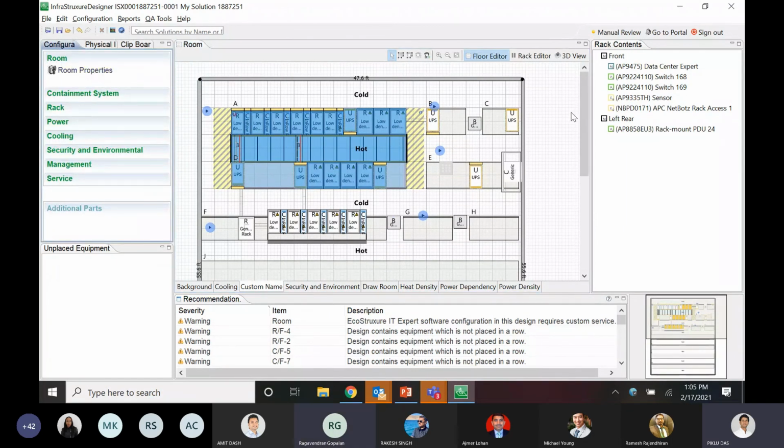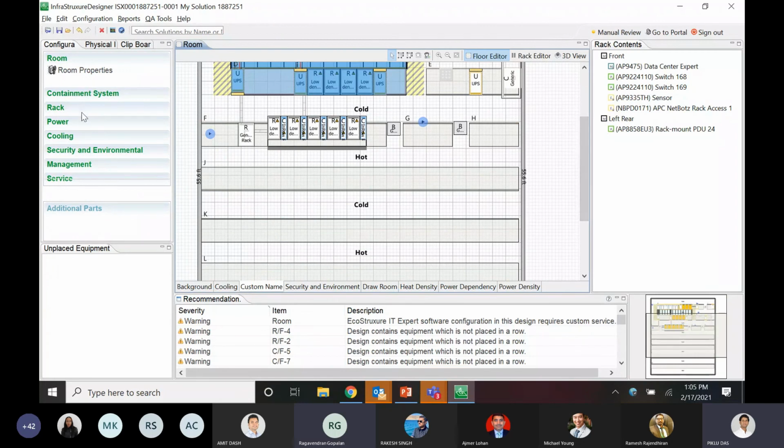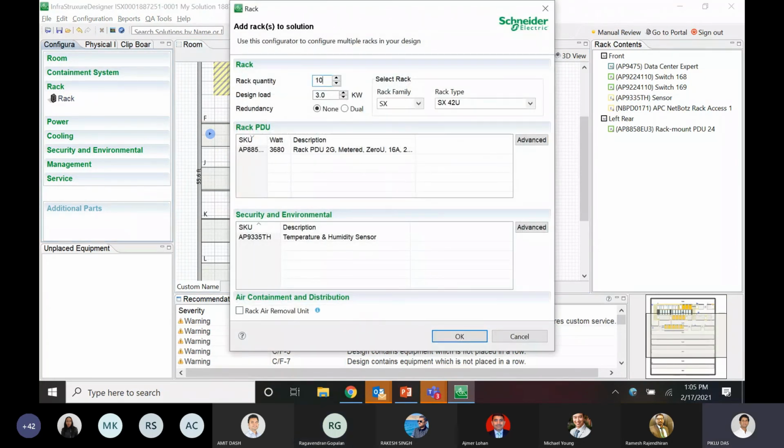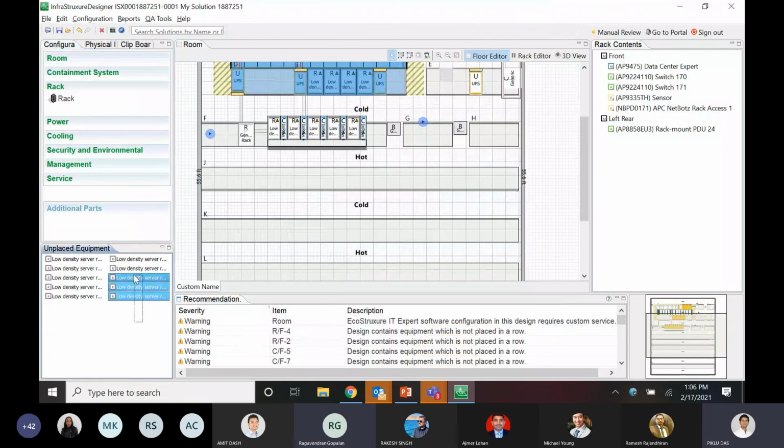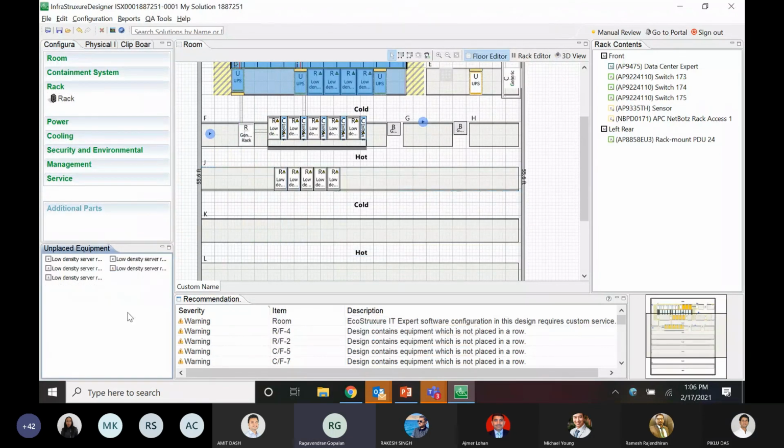I'll quickly say I have some 10 racks. I'll try to place 5 racks.